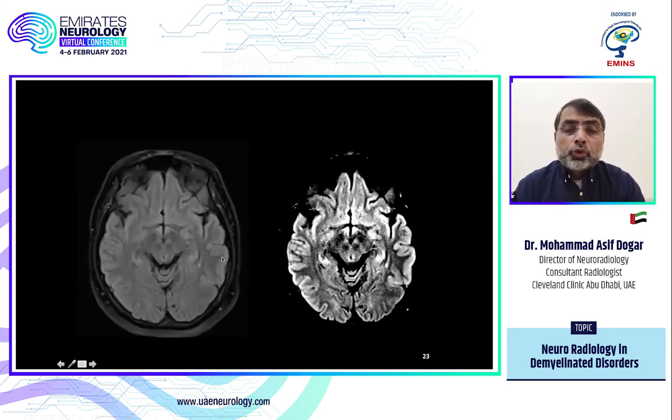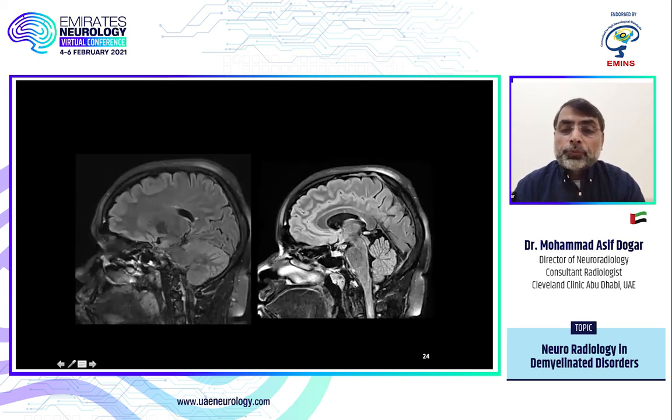Again, here on the routine window, you don't see almost anything. There's a subtle lesion here. And again, if you change the window, like a narrow window, then you can see this lesion. So again, we called the patient back and did the sagittal images, and now you can see here is a pericallosal lesion. Here is a small lesion along the callososeptal interface, and now we are convinced that this is MS.